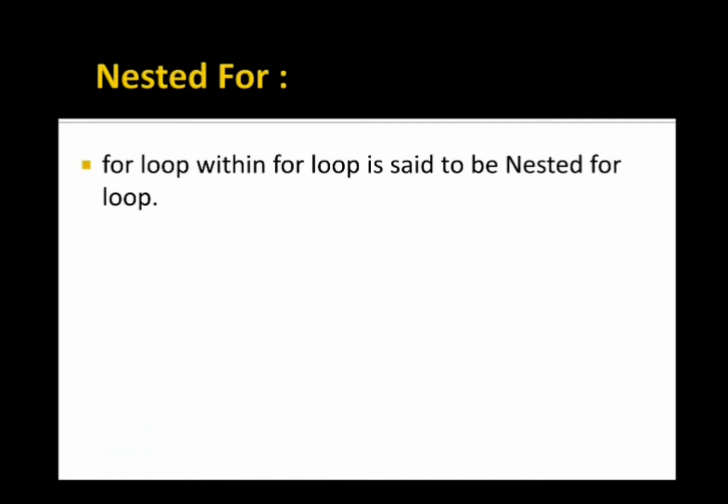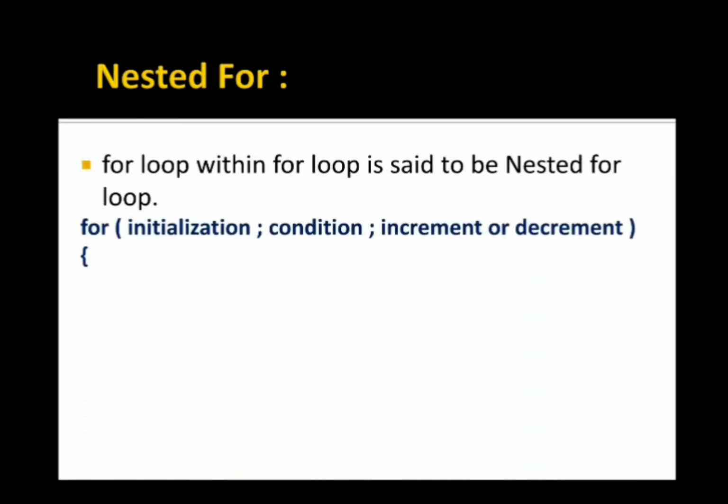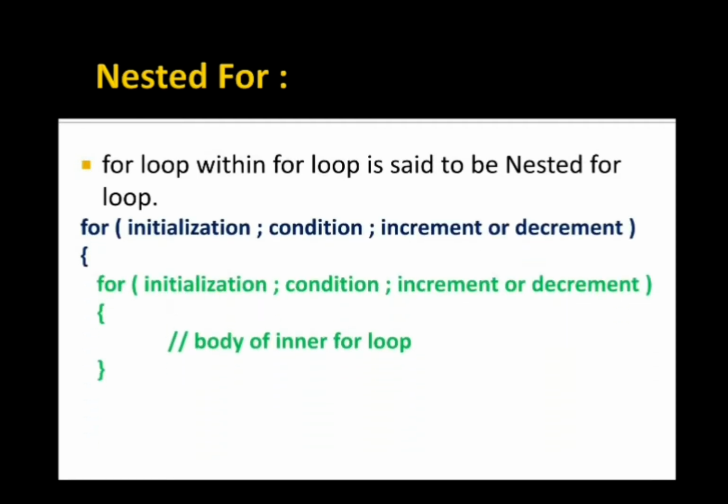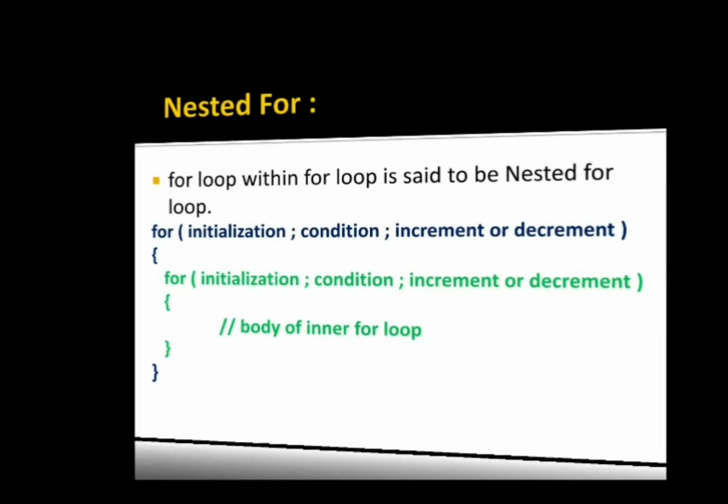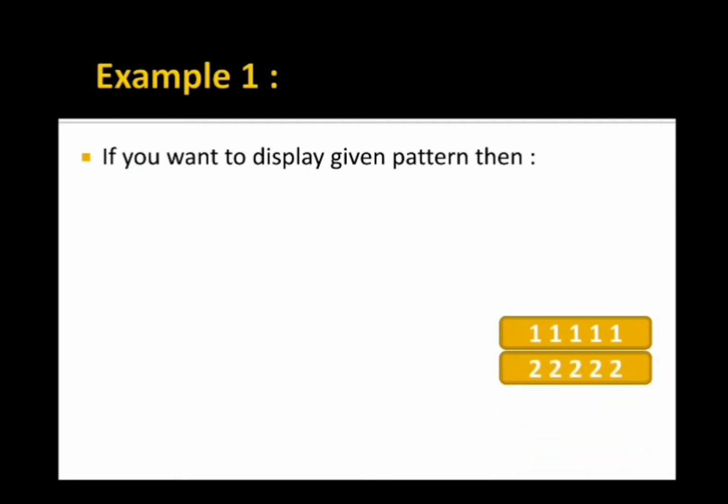Now, nested for, I told you, same thing. Nested for means for inside for. Nested for means it is the outer one and the green one is the inner one. And then we have our complete loop in front of us. I told you the working also in my previous video. Now, see, if I have to create a pattern in this way.